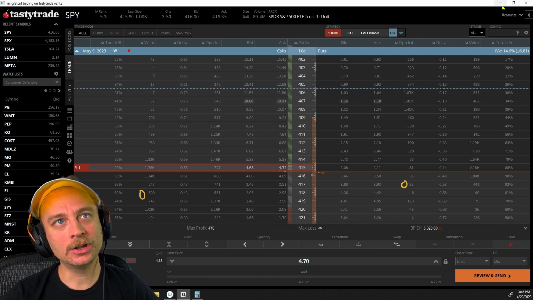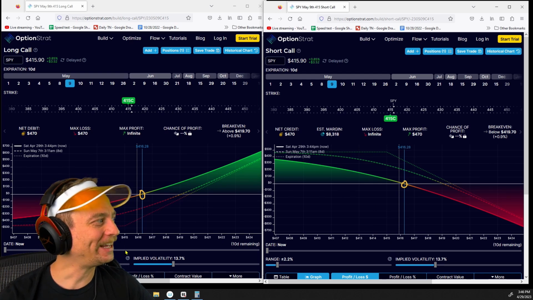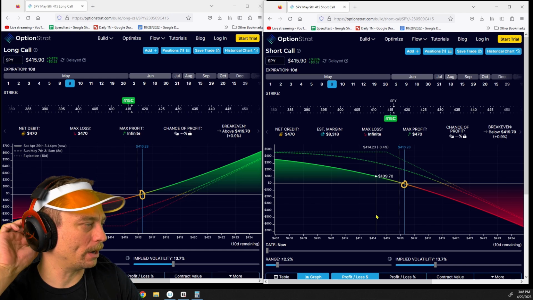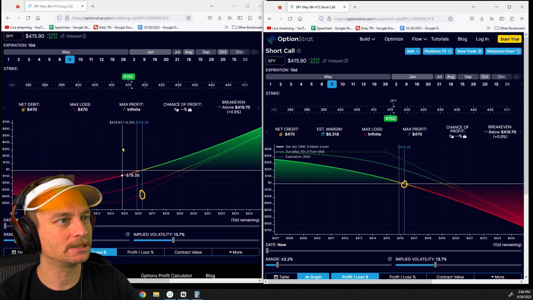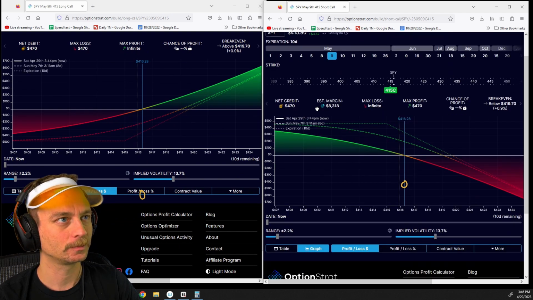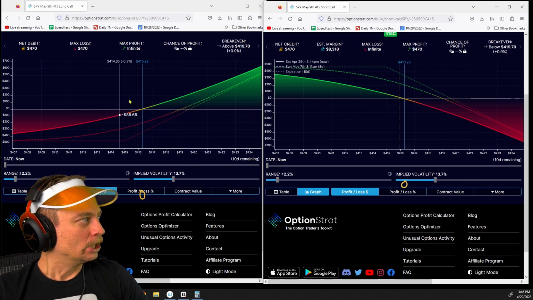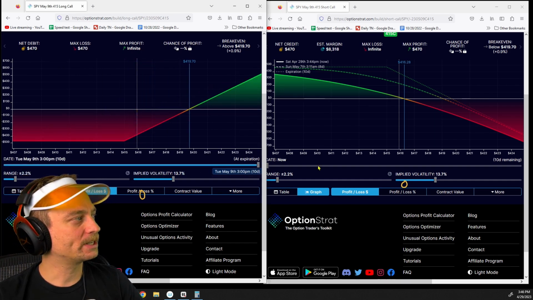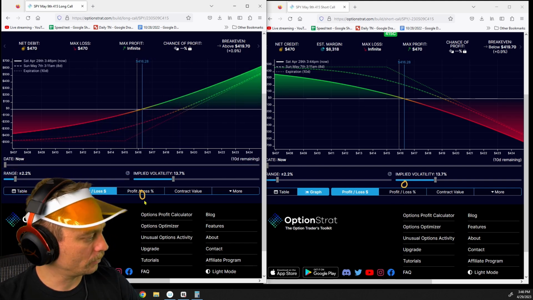So let's take a look at the other side. Okay, here we go, boys. Hypothetically, this is where the little circle is where we would be getting into these things. I know my big head is in the way, so let me move this up. All right, so this is the long call side. Remember, it will expire and it will look like this. Oh, I've got to redo those little circles.